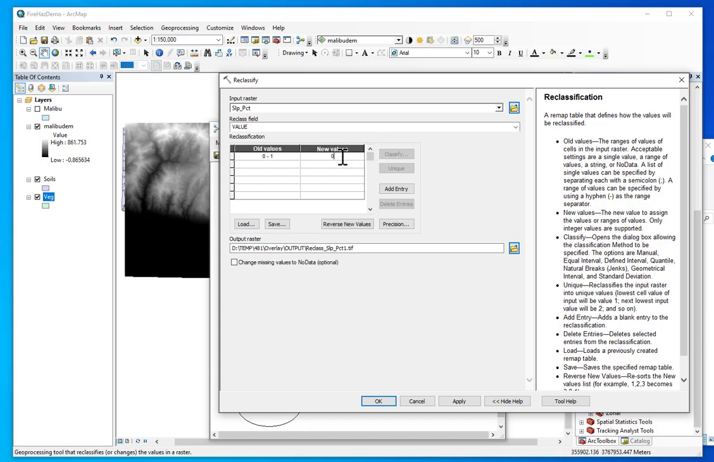So my old value from 0 to 1 is going to be 0, and then I'm going to go from 1 space dash space 25. It's going to be a 1, and then I'm going to do 25 space dash space 50. The next one is 50 space dash 75,